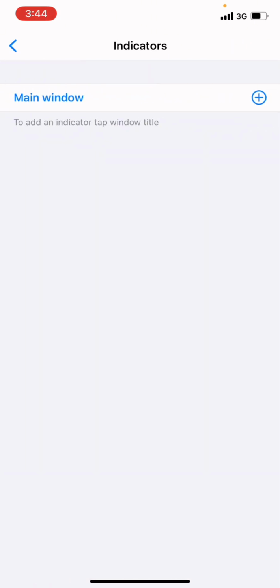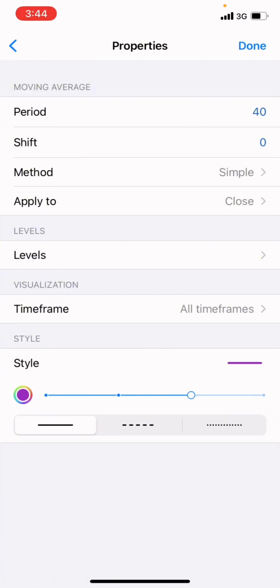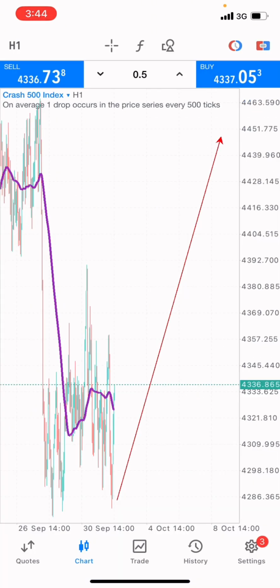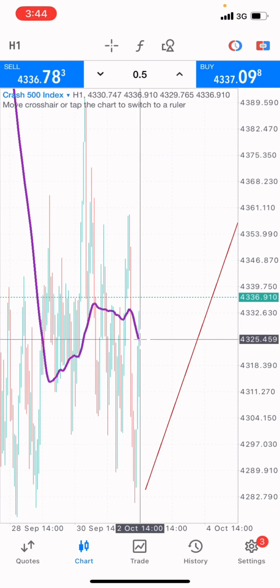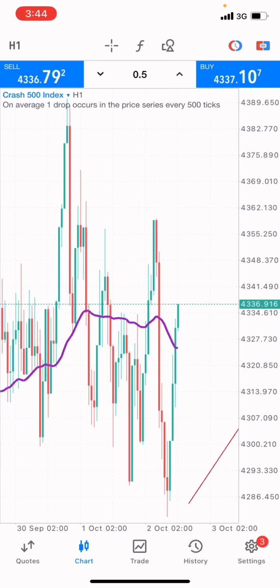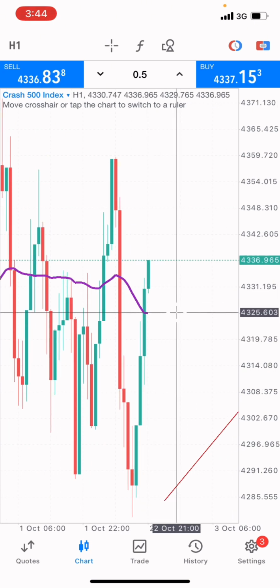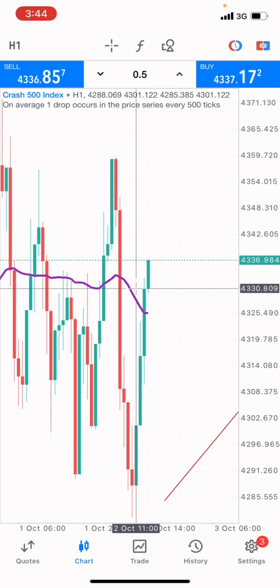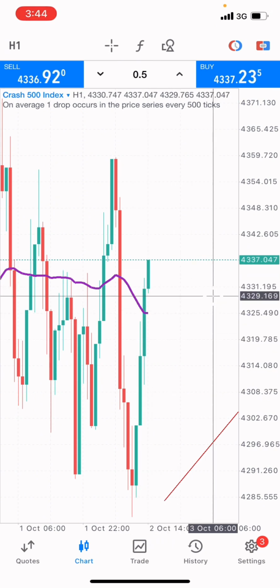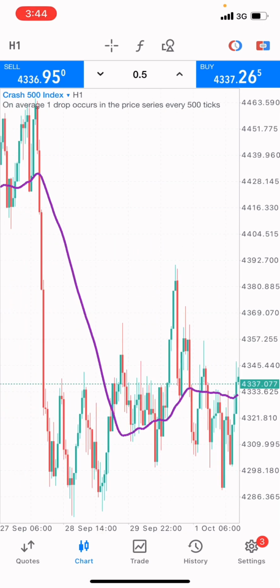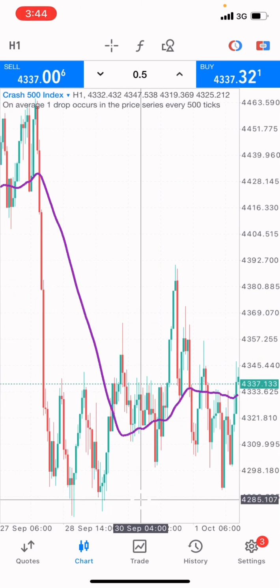So I'll put the moving average on the chart to see the price movement clearly. If you zoom in a little bit at this point, you can see that the moving average is showing that it's going in this direction. This means that the market will continue to go like this for a little period of time. We can see that the market has been following the same pattern, going straight forward like this, buying, selling, just like this.